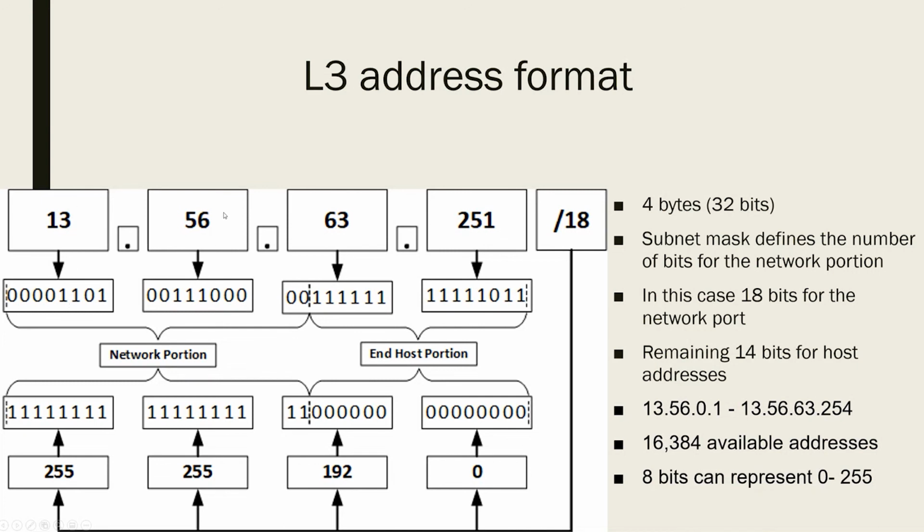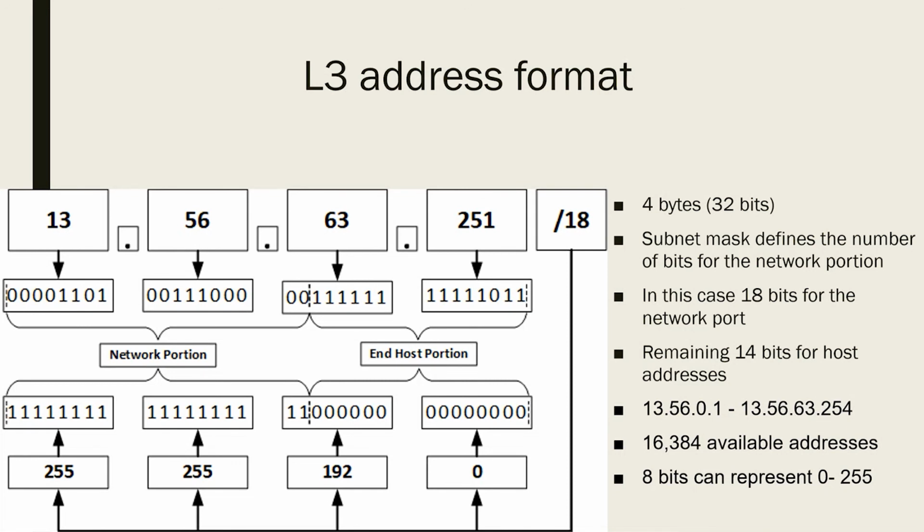In this string of binary, that represents 56. This 63, this 251. And that's how we form up that IP address. Now that might seem very simple. So what? However, understanding binary really helps in understanding how we define this subnet range,